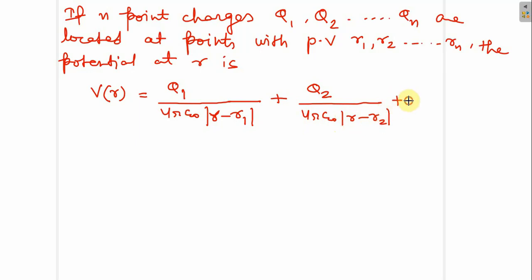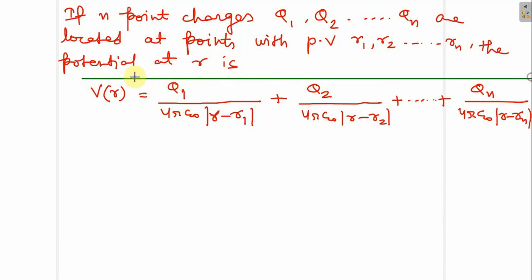And similarly we will write it for the charge Qn. So Qn would be Qn upon 4 pi epsilon 0 |R minus Rn|. So this is the expression for the system of n point charges,